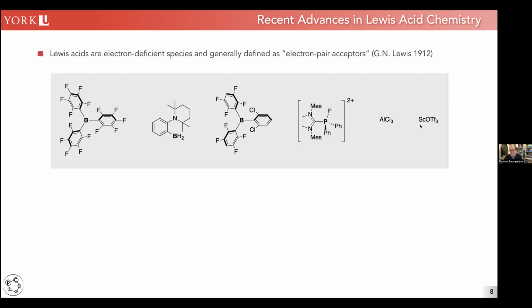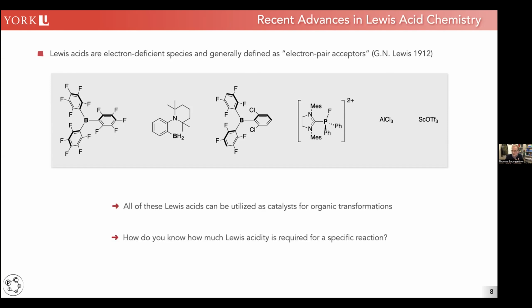As long as you don't have a filled valence shell or a high charge around the central element of the molecule, they will behave as a Lewis acid and accept electron pairs from somewhere. And people have recognized that this is also a very nice functional property in chemical transformations or in catalysis. So a lot of organic transformations now are Lewis acid catalyzed. And the main question that revolves around this functional application is, how much Lewis acidity do you need, or is there a certain threshold that you need to make a reaction go or not go in the presence of a Lewis acid catalyst?